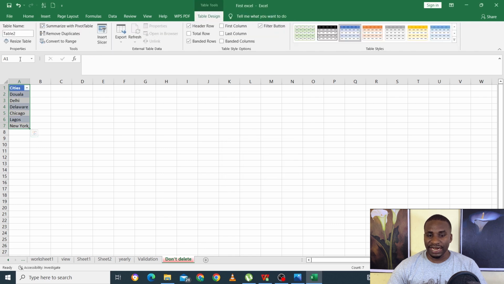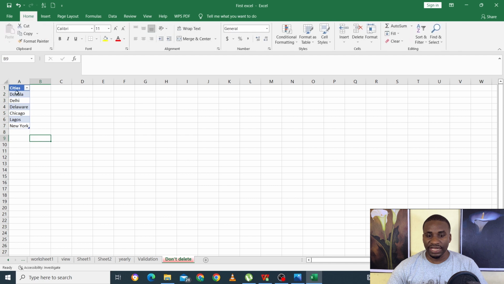And then while it's still highlighted, while it's still selected, you name it now. We give the table a name. So let's just give it the name of cities. This is so that we can easily refer to it when we want. So if you click on that, anytime you select here,